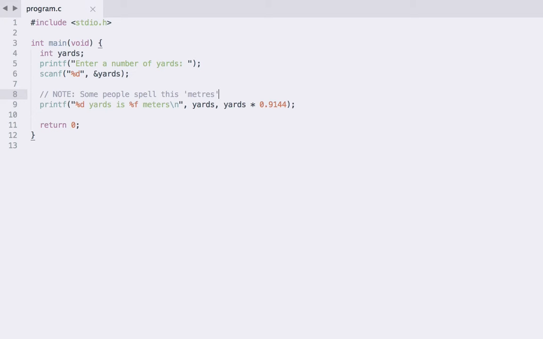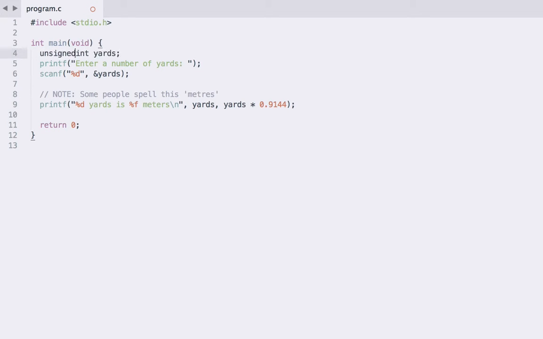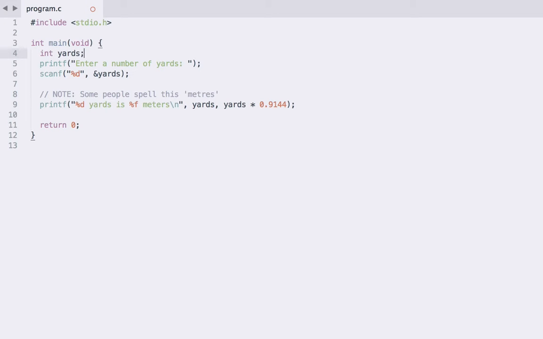But as I mentioned, our variable yards here, which is an integer variable, is actually signed by default, and so our program should deal with negative yards values just out of the box. So let's try that. If we try and run our program, and we put in a negative number of yards, then hey, it actually just kind of works sort of as you'd expect. And if we'd like that to not be the case, we can write the unsigned keyword here, we can save, we can recompile, we can rerun, and now that's going to just put in some crazy value. So we actually get some kind of weird results here because we're trying to put a negative value into an unsigned variable. But let's take that unsigned out for now and keep things as they were.